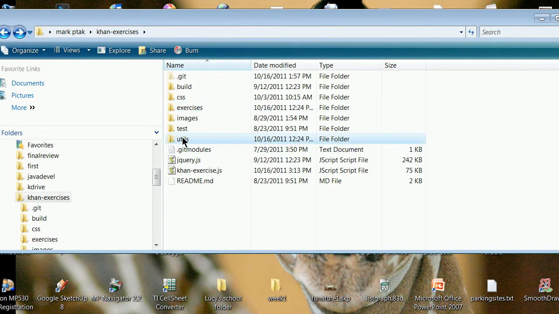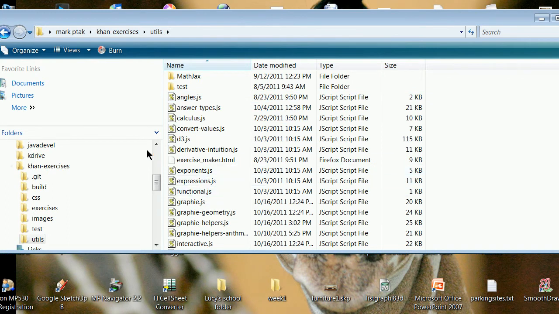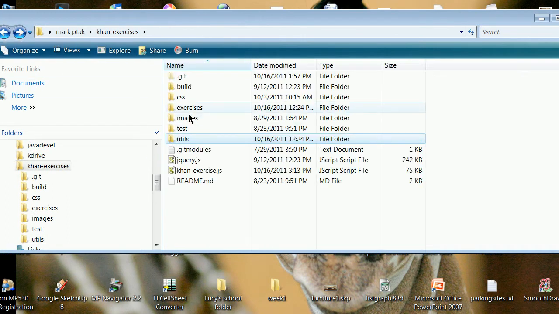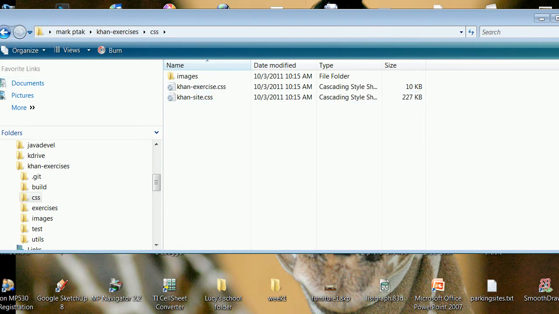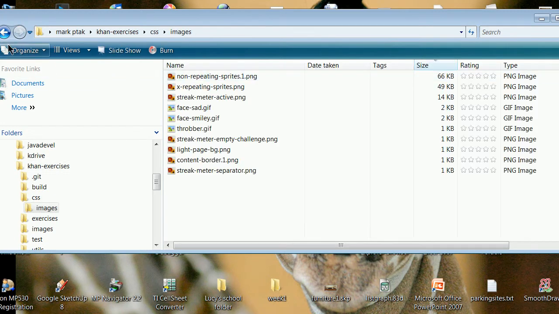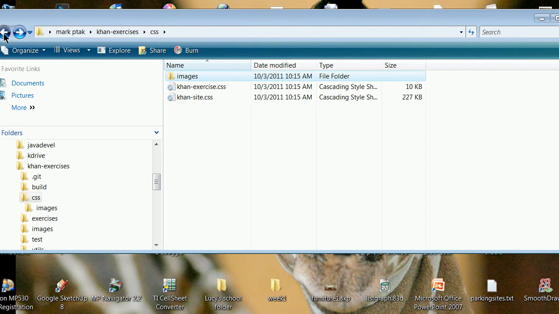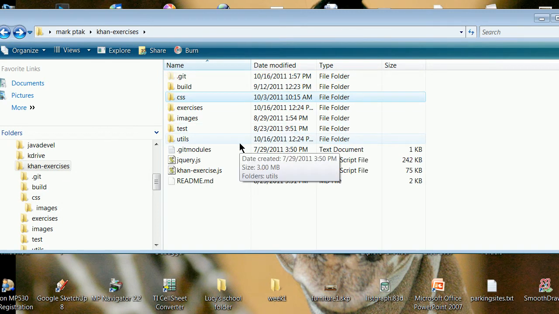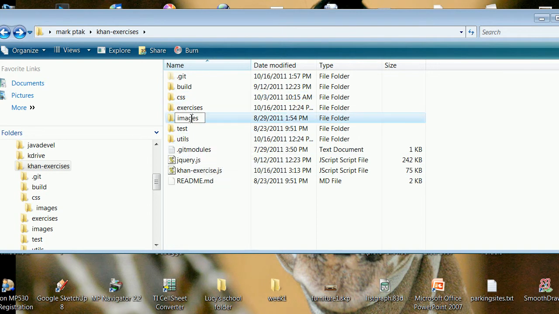The other important things are in the utilities: the JavaScript files, and for those who know, the CSS files, cascading style sheets, are there. Images are there too. Later on you're going to see these are important because though Khan is not promoting the use of images on their site, this is one of the ways non-programmers will be able to get things running on their exercises. So you've got images in two different places.